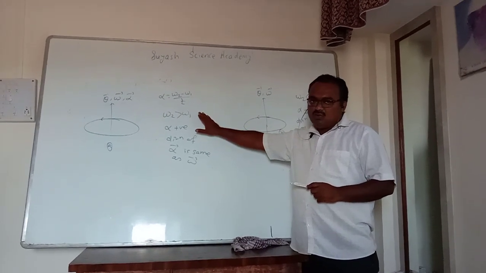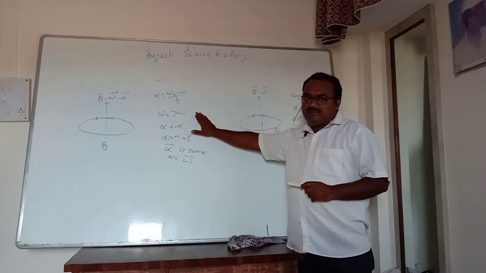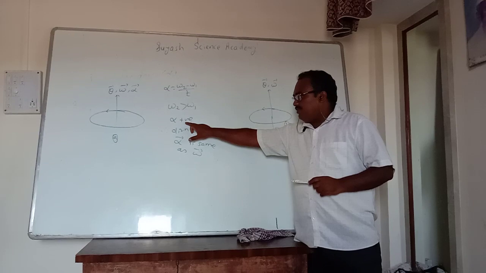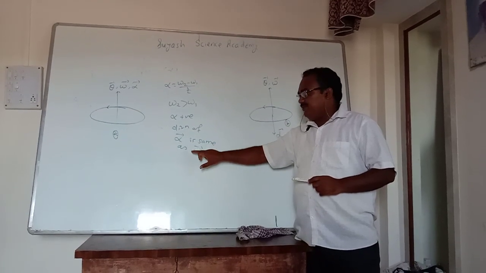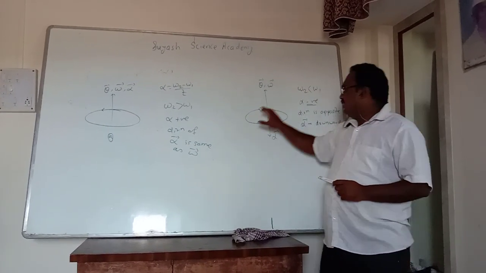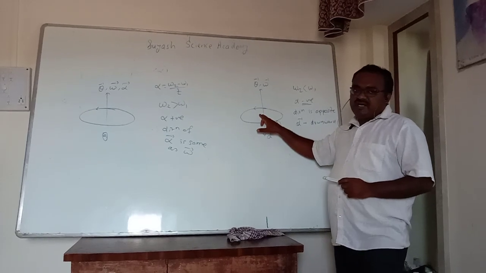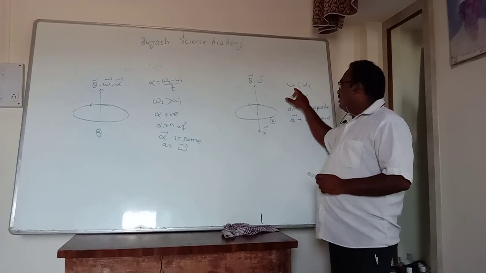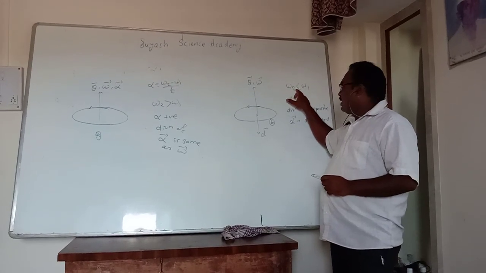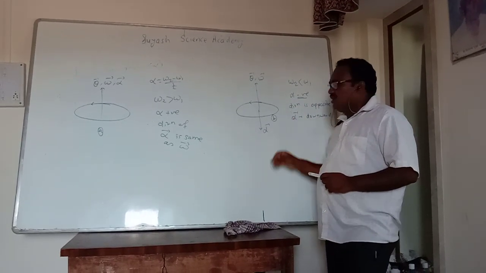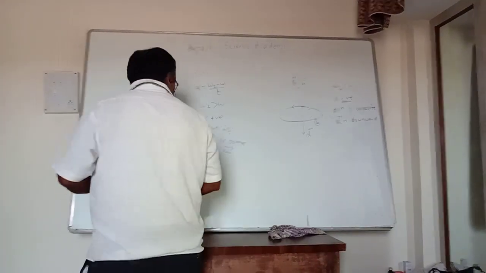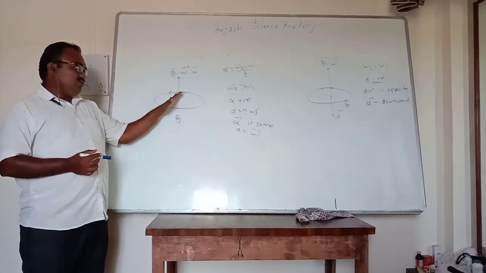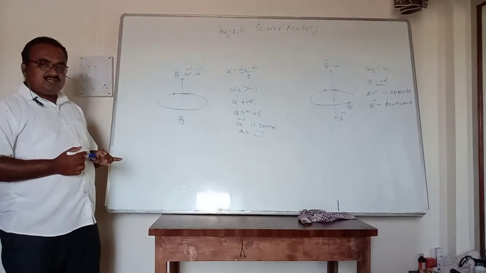In case A, omega 2 is greater than omega 1, that is, speed is increasing, so alpha becomes positive and the direction of alpha bar is the same as the direction of omega bar. Here again the particle is rotating in the anti-clockwise direction, with omega in the upward direction. If speed is decreasing, omega 2 is less than omega 1, alpha is negative, therefore the direction of alpha bar is downward, that is opposite to omega bar. Okay, now we have completed angular acceleration.